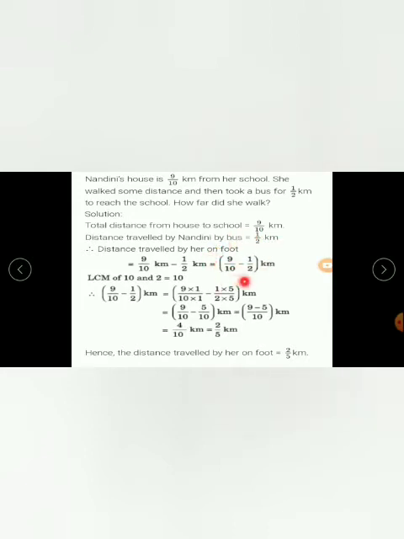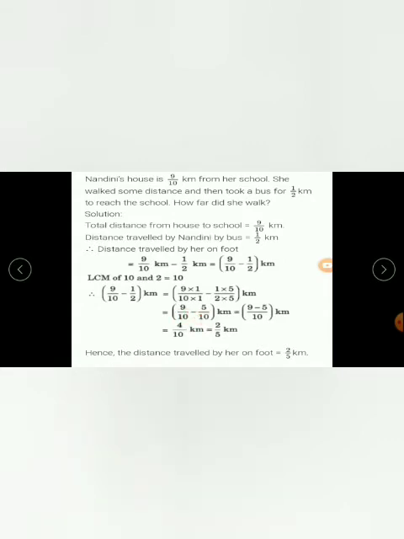What are the denominators here? 10 and 2. Now, what will be the LCM of 10 and 2? It is 10 itself. Because 10 and 2 are having common factors. So, the LCM will be 10 itself. Now, the first fraction is having already the denominator 10. What is the second fraction? 1 by 2. The denominator is 2, isn't it? So, 2 into what is 10? 2 into 5. So, the second fraction we are multiplying with 5 in order to make the denominator 10. First fraction we are multiplying with 1 itself. So, what are the new fractions? 9 by 10 and 5 by 10, isn't it? 1 into 5 is 5, 2 into 5 is 10. So, 9 by 10 minus 5 by 10.